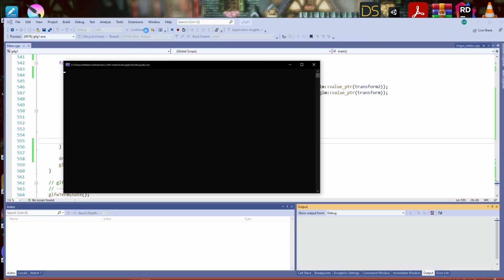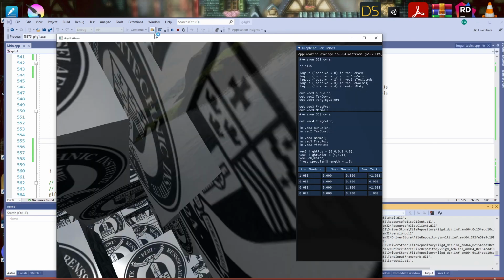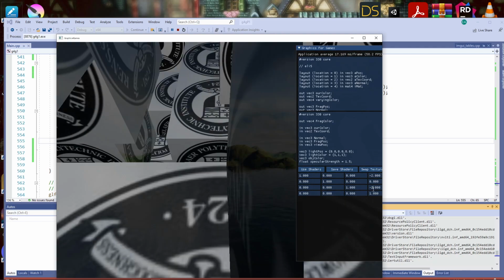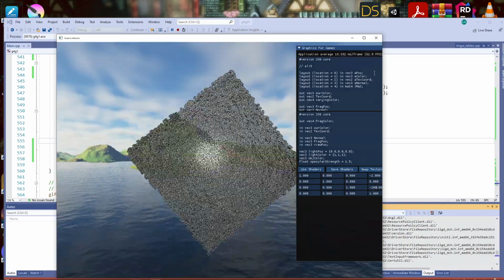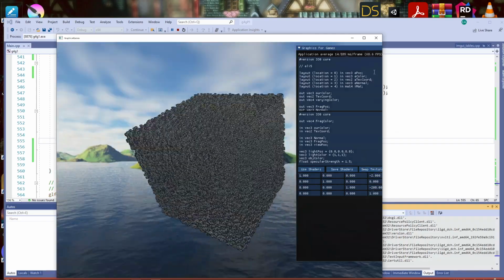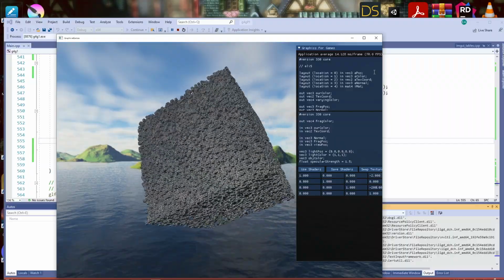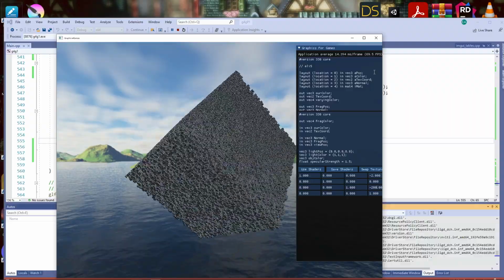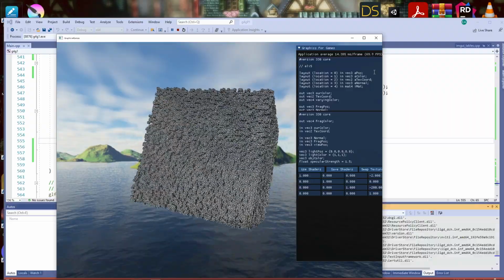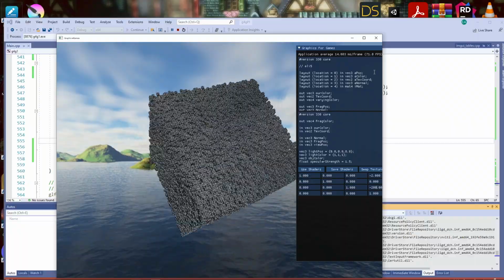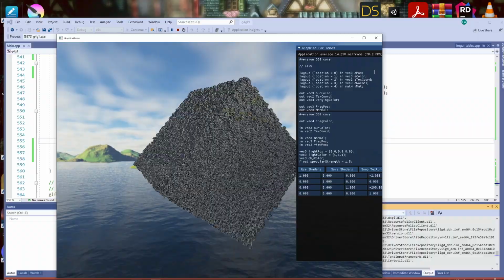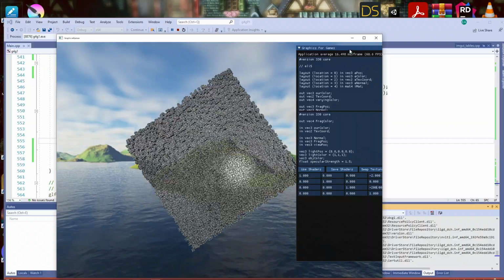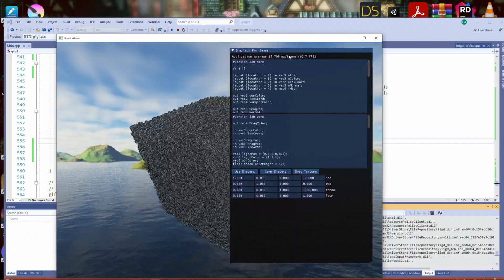It's interesting, the more cubes you add, the more filled in this father cube or mother cube or parent cube winds up being. So this is still 60 frames per second, I guess. About 70 frames per second. So that's 100,000 cubes. Around 1 million, it definitely starts to get wonky. And this is without any optimizations and so on. So this is kind of crazy. Instanced objects is definitely the way to draw lots and lots of stuff.